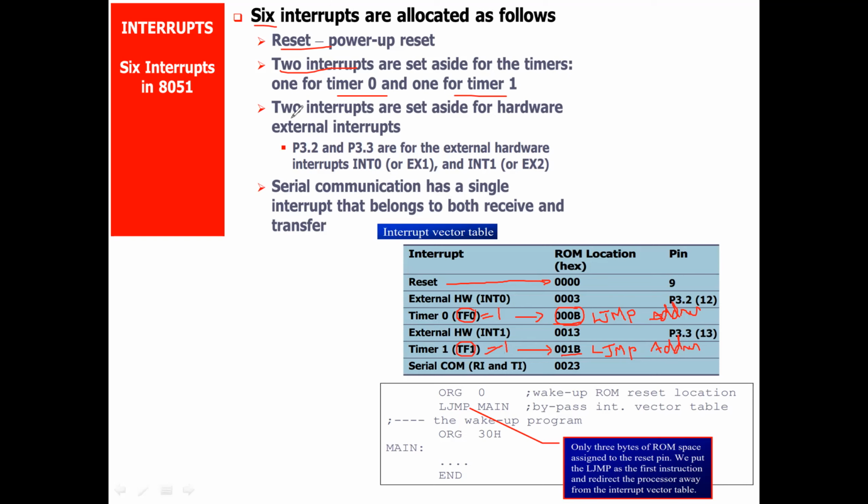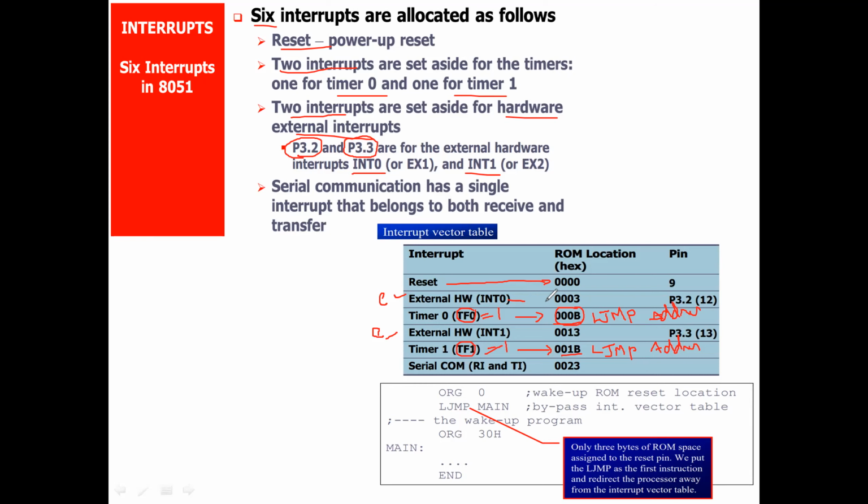This is what we call a software interrupt. Then we have 2 interrupts that are hardware external interrupts, particularly on pins P3.2 and P3.3, that is INT0 and INT1. This is what we call a hardware interrupt. Any device will provide a signal to this particular pin.